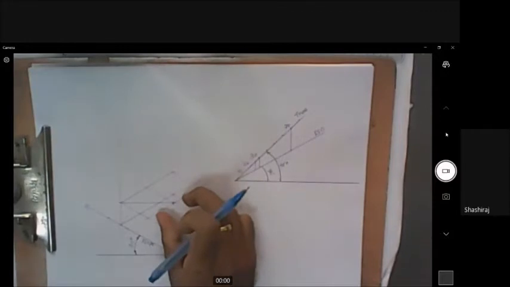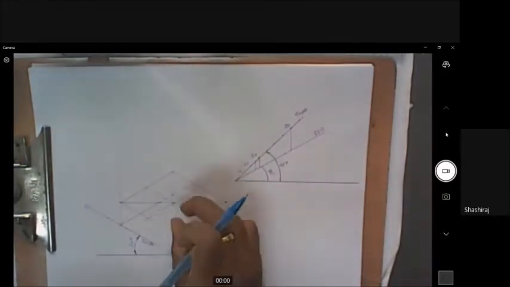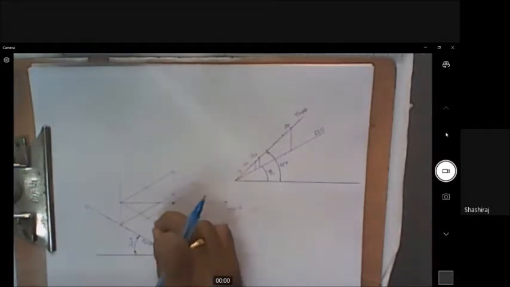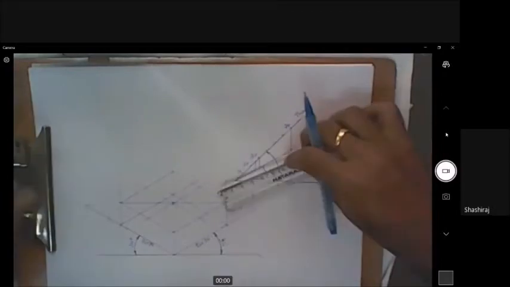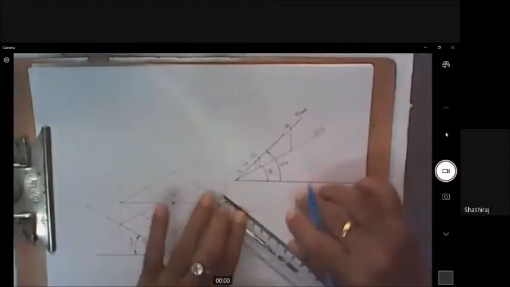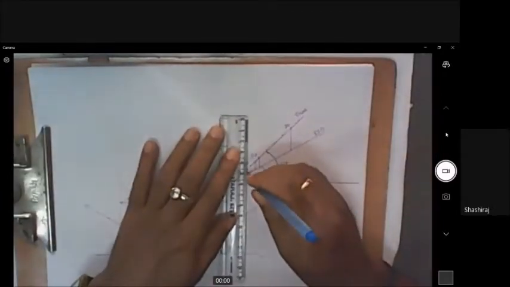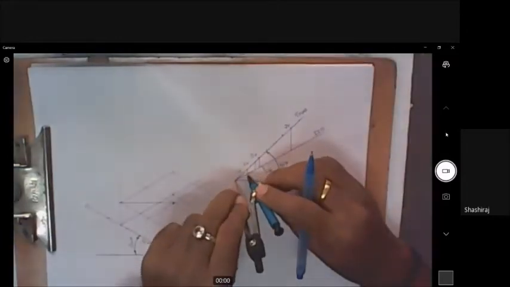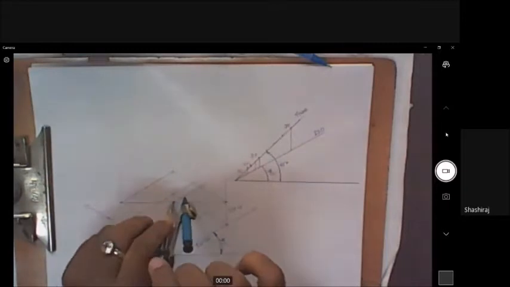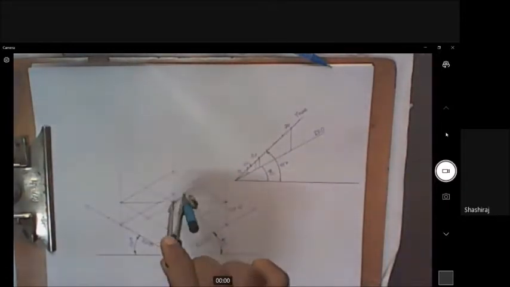This will come like this. On either side, the 30 mm will be distributed. From the center, this side also ISO 15 will be there. This side also ISO 15 will be there because totally it is a square of 30. So I'll mark ISO 15 and draw a vertical line. And from there, I will take ISO 15. I have to draw that ISO 15 on all the sides of the axis what you have drawn.